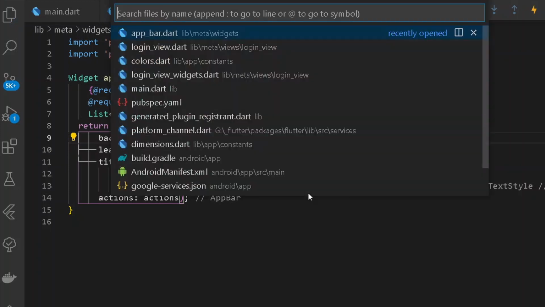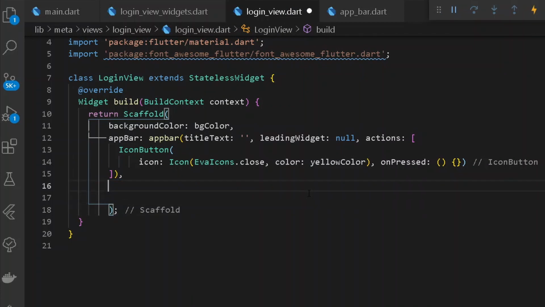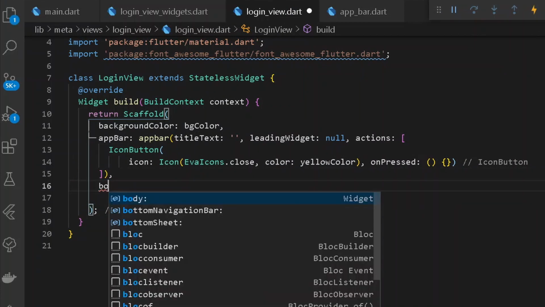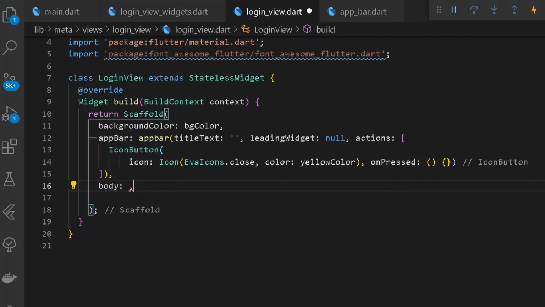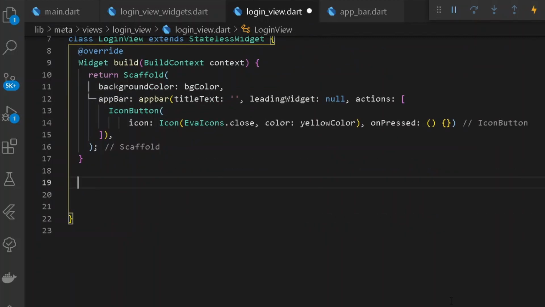Cool, so now we can go back under our login view, and after having the following app bar we shall be requiring the body of our entire application, that is our login view. So for having body I can simply write a body in the form of a list view. So here let's have a new list view to our body, but you know what, I shall be creating a different method, that is a widget, for simply asserting our entire body so that we can debug our application necessarily. So here let's have a new widget of body. Under this case it shall be returning us an entire list view.